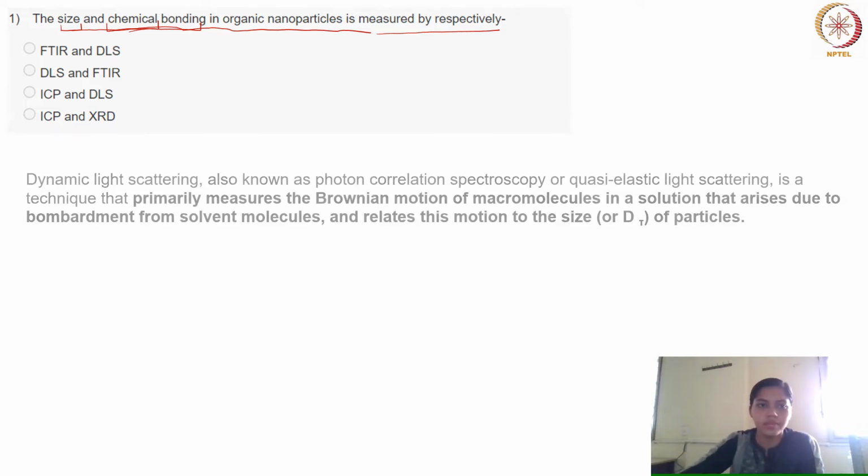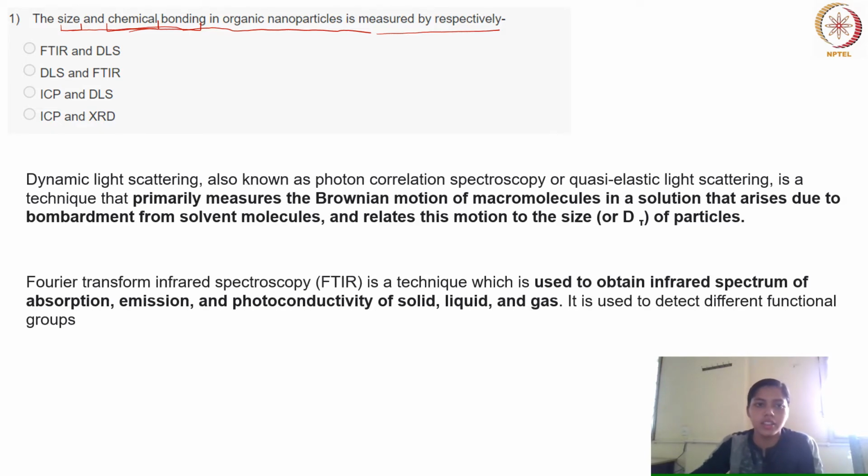So the dynamic light scattering, which is your DLS, is basically a scattering technique which is also known as photon correlation spectroscopy. Basically what we do is take a solution. The Brownian motion of the molecules in a solution, which arises due to the bombardment from the solvent molecules, can be related to the size of the particle. Means if we have this kind of solution,